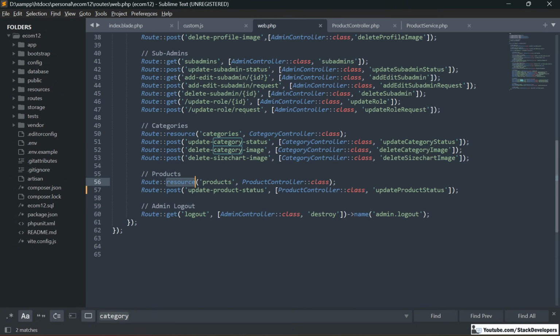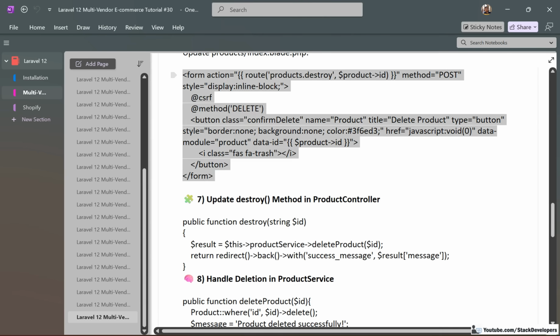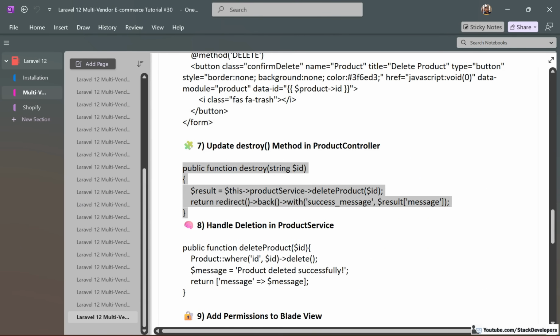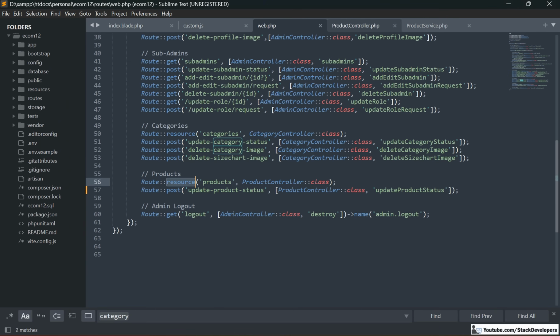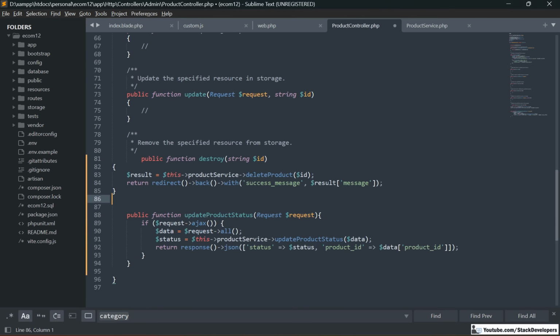Okay, so once you create the resource controller, you are not required to add these routes like the edit route and delete route. These automatically get created. This resource controller will handle all these routes. So now it is not required to create that route, but we are required to just update the destroy function here in our product controller, in which we are going to